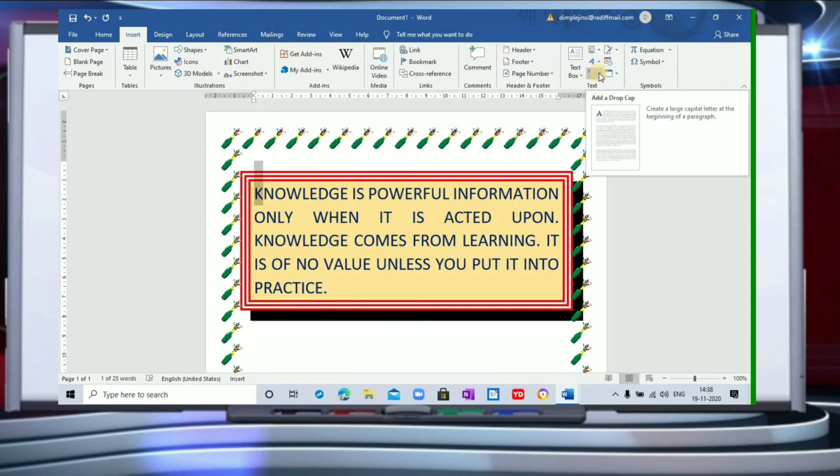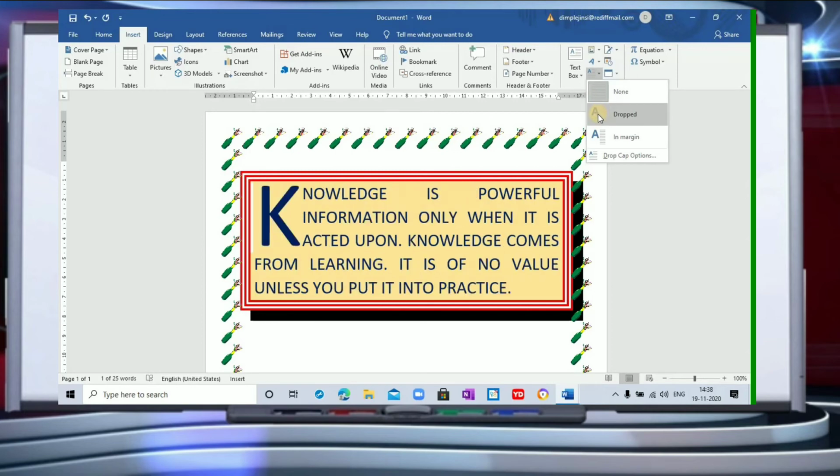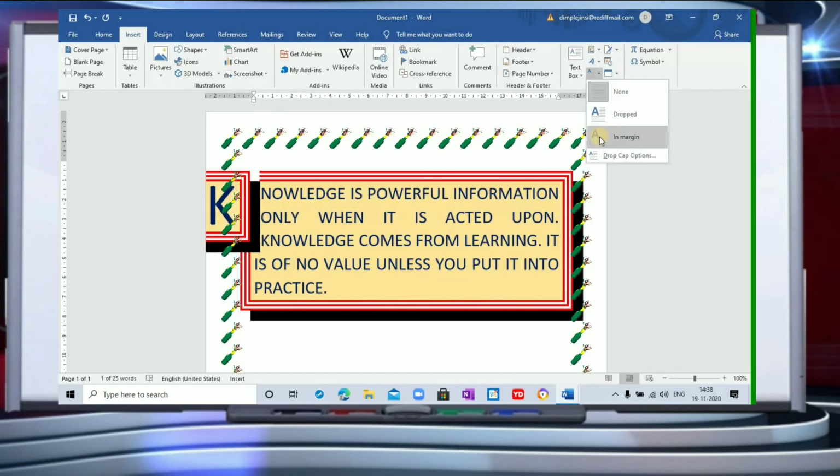Click here, a drop down menu, and you have options. None means you don't have to give any drop cap option. If you want this, you will see the change in your text. This will be like this, and if you want this, this will be like this. Whatever drop cap effect you want, you can use that.